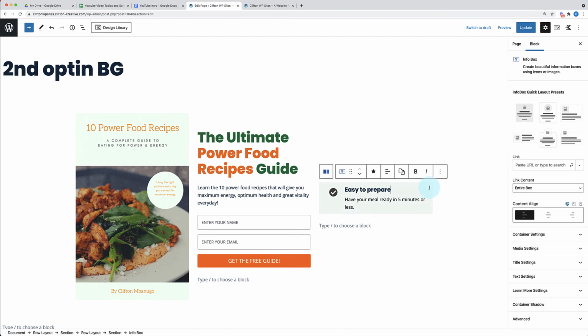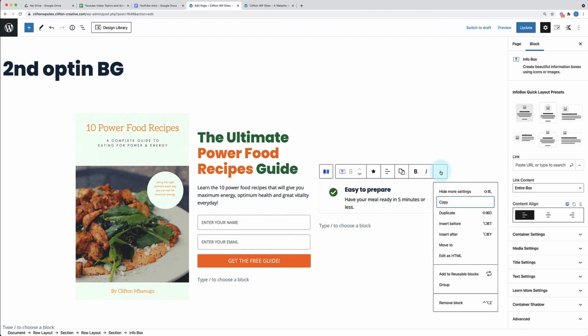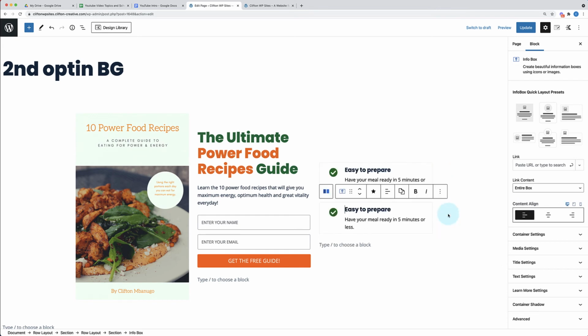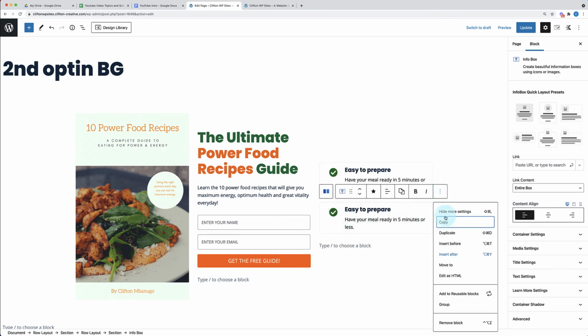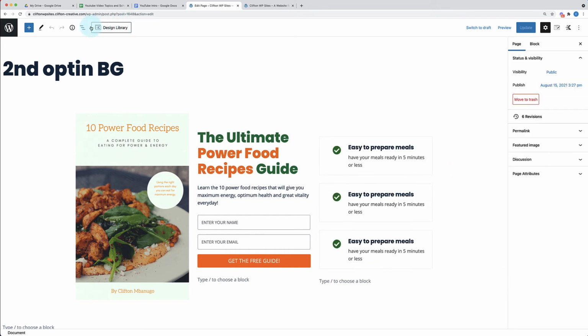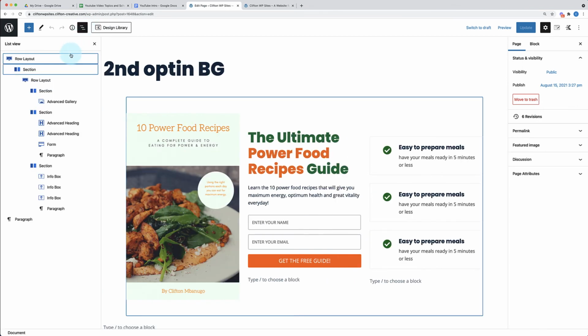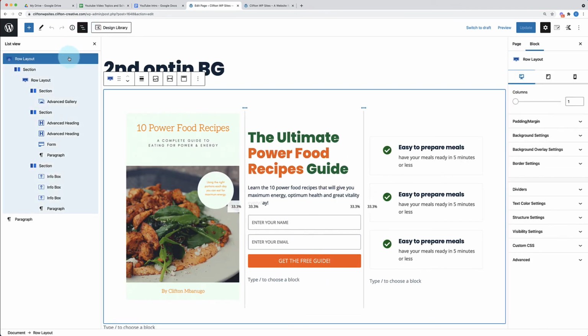So I'm going to go ahead and select this here. I'm going to click on the 3 buttons here, and I'm going to click on duplicate. Do it 1 more time. Duplicate. We're going to open up our tree, and we want the outermost layout, right? So we want the top layout, top row layout. This is where we're going to add our